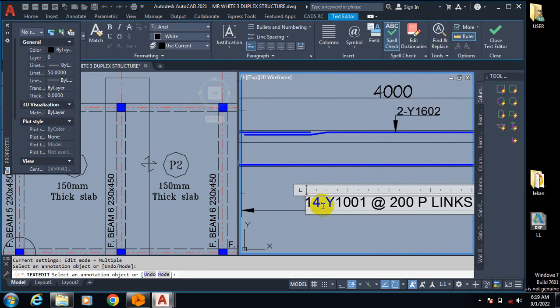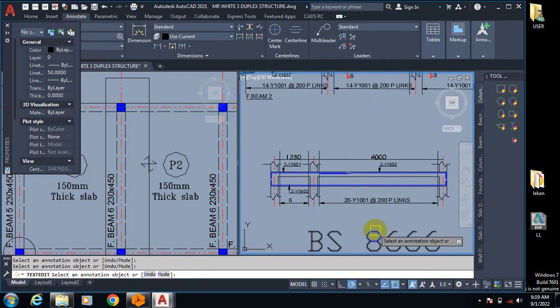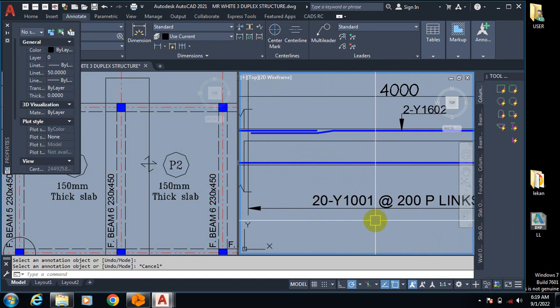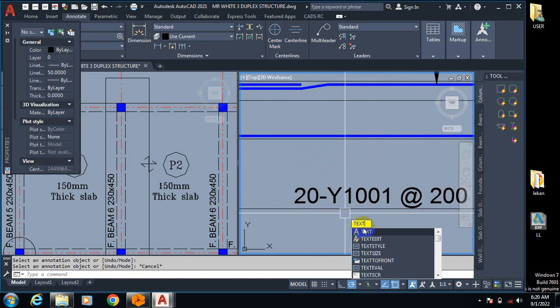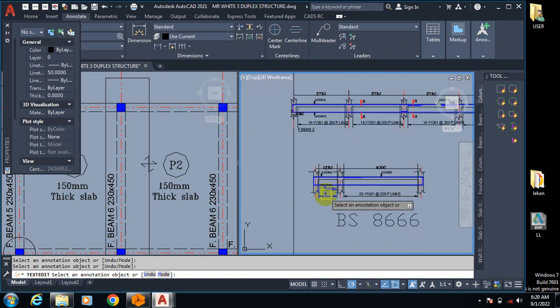So that's 4,000. Okay. This is going to be 20, most likely, approximately. Okay, so here I have 20 Y10, if the size of my links is actually Y10. Okay, so whatever the design is asking you to use, or whatever you must have specified, if it passes, then you can adopt that. If it is Y8, fine, but it's customary to use Y10 for your links in Nigeria here. All right,